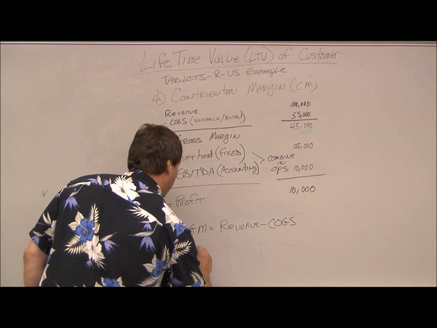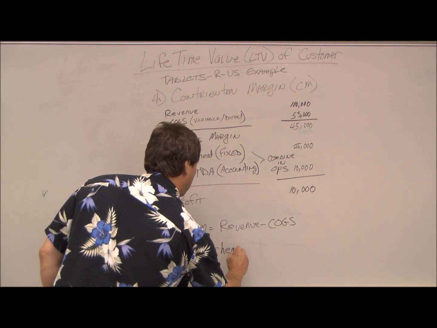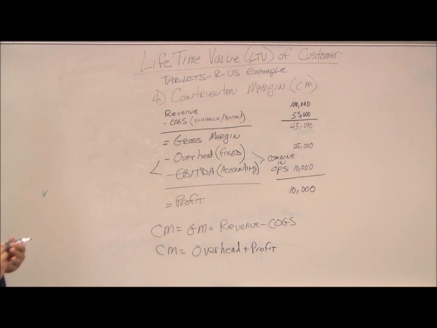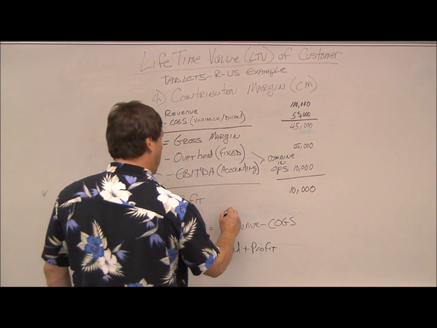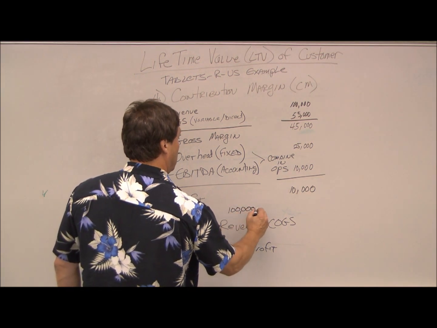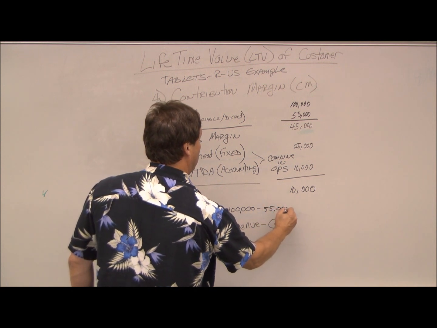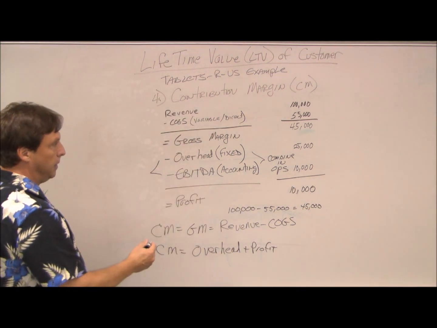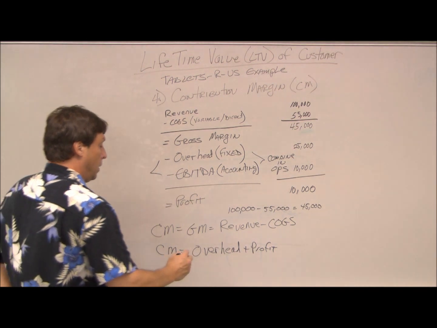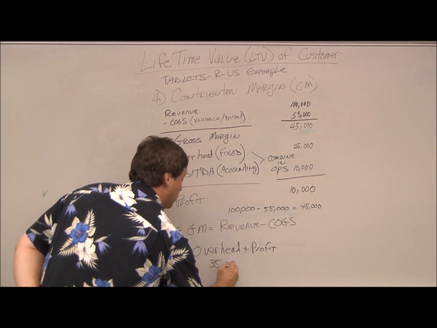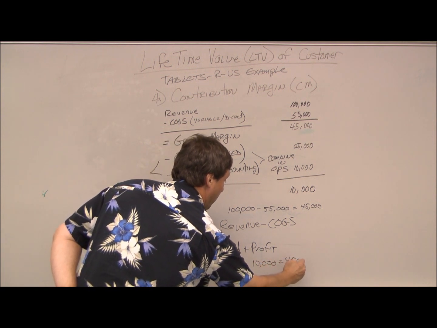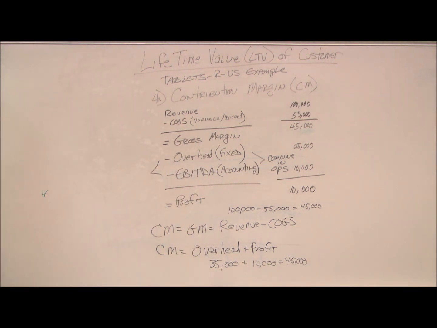So we take our overhead and we add it to our profit. You notice either way will give us the same number. In this case, we have 100,000 minus 55,000, which equals 45,000. And in this case, we have 35,000 plus 10,000, which equals 45,000. The other thing we typically do is, I put this out in numbers so you can see,